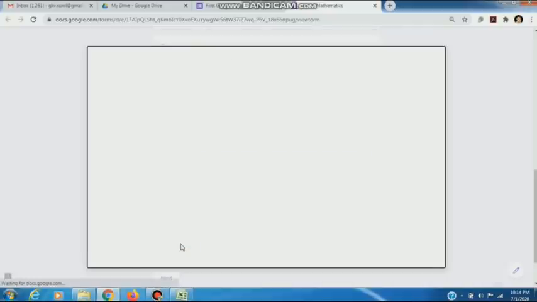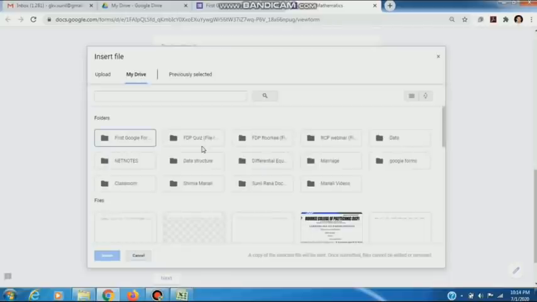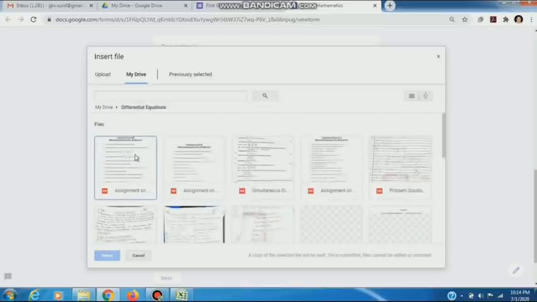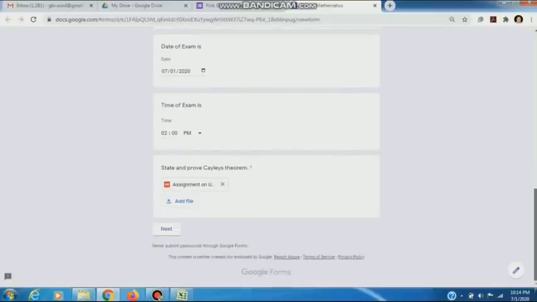I will add some file. I will choose from my Google Drive. I will choose from notes given, differential equations, any assignment. It is added. It will be saved in our Google Drive. Here we see next question, because we have added some questions earlier.